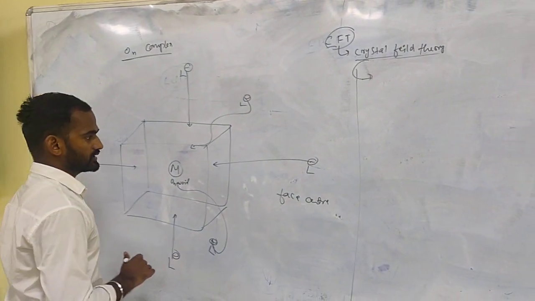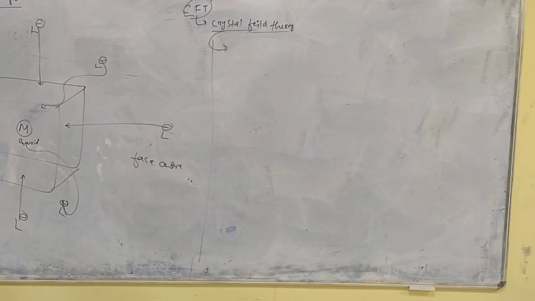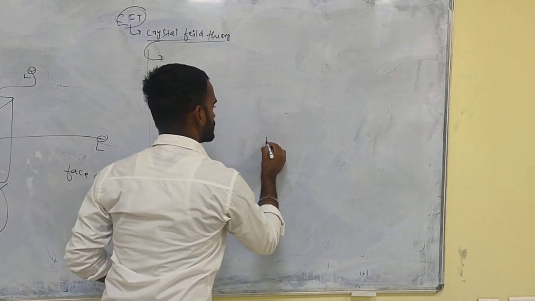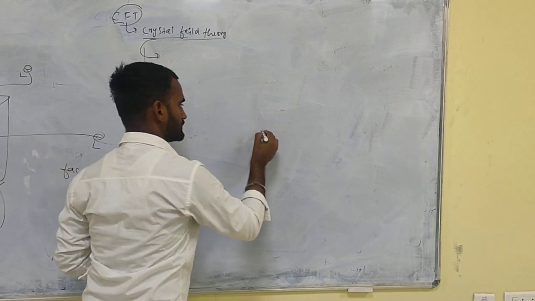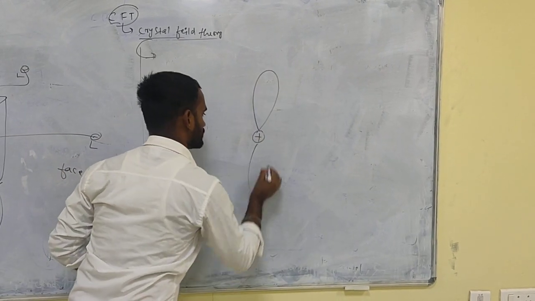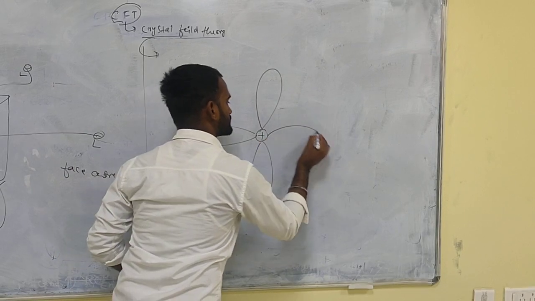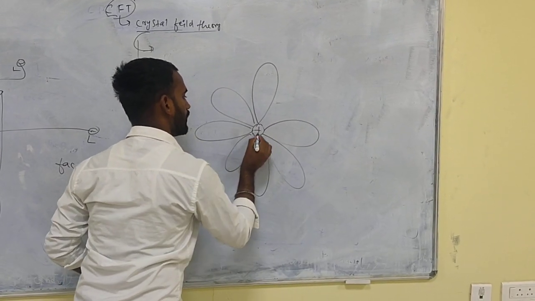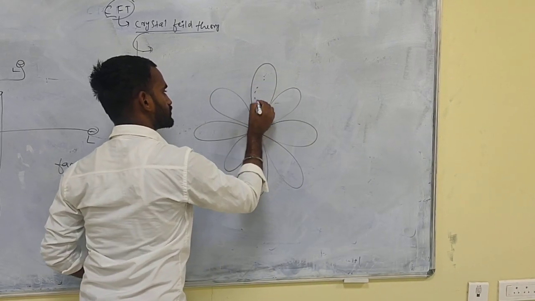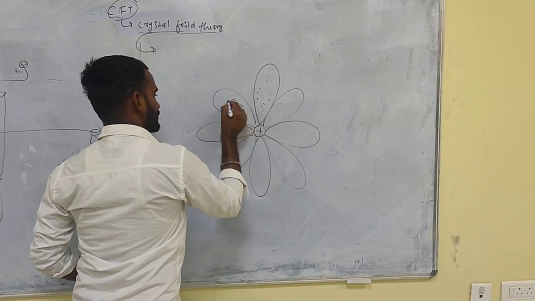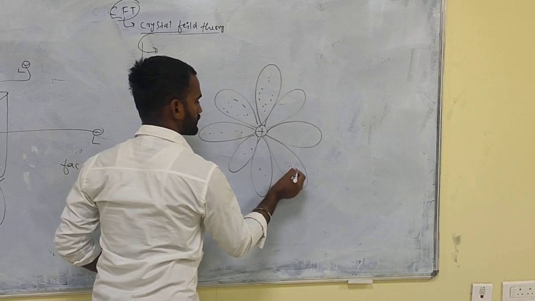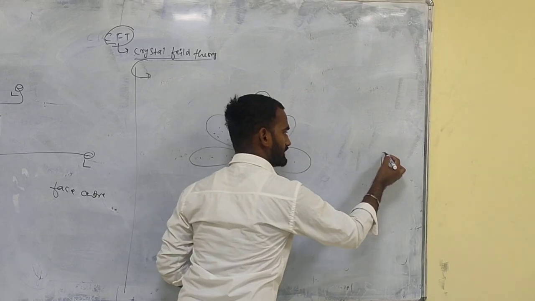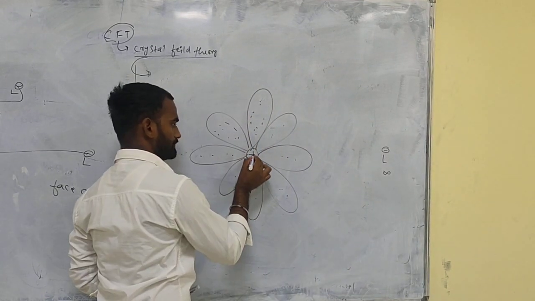Okay. So now coming to the interactions, there are mainly 2 interactions. First of all, suppose you consider this is the metal, and the orbitals will look like this. You consider this is a complete d orbital of a metal which has all orbitals, with electrons distributed like this. So these are the electron distributions in the orbitals.